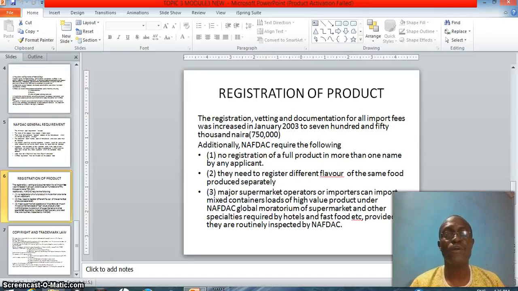Registration of product. Registration, vetting, and documenting for all import fees was increased in January 2003 to 750,000 naira. Additionally, NAFDAC requires